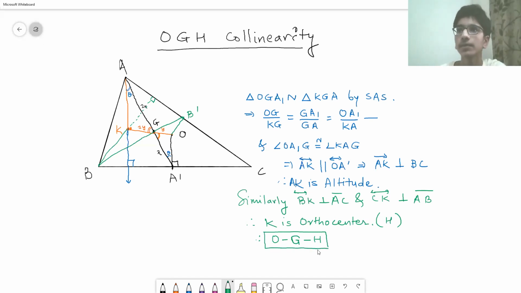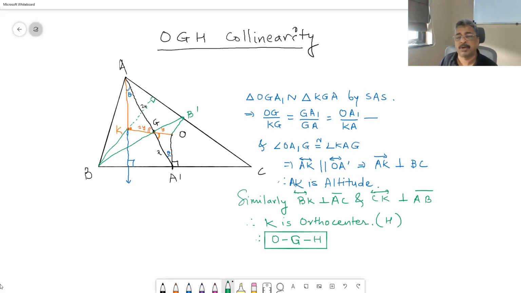So can we just say that because AK is equal to 2OA', K is equal to H? Yes, you can say that. Not a problem. But it would be good if we show point K is a point of concurrency of altitudes. That is the direct way of showing concurrency of altitudes at K, and therefore we will rename this K as